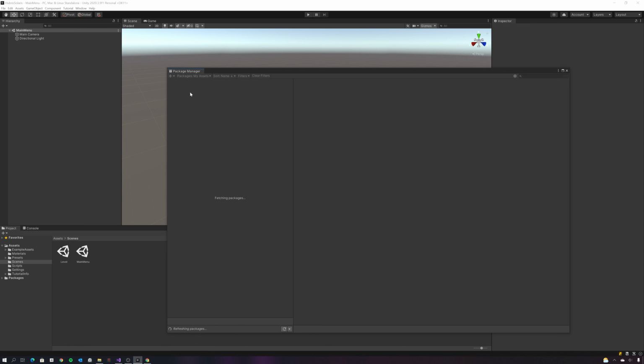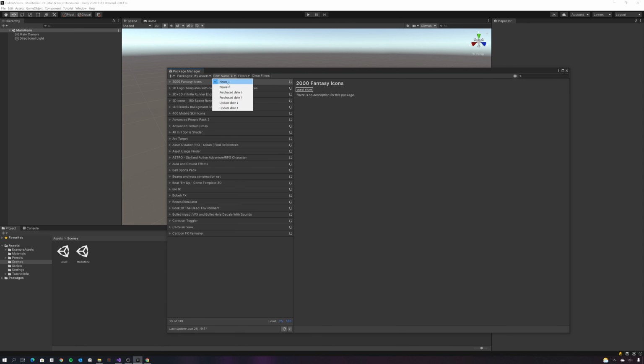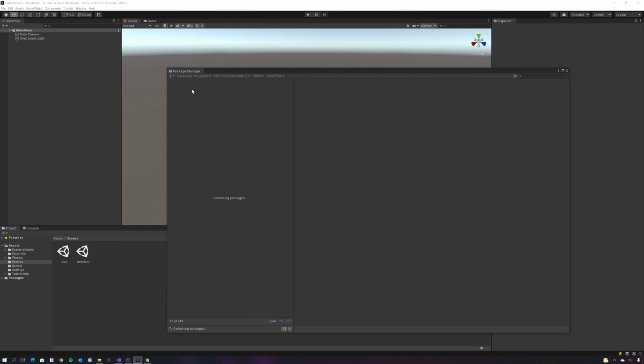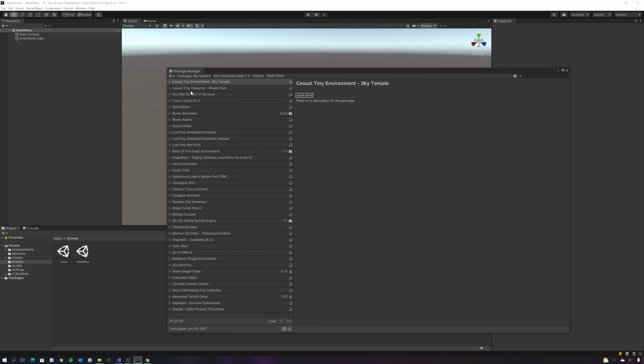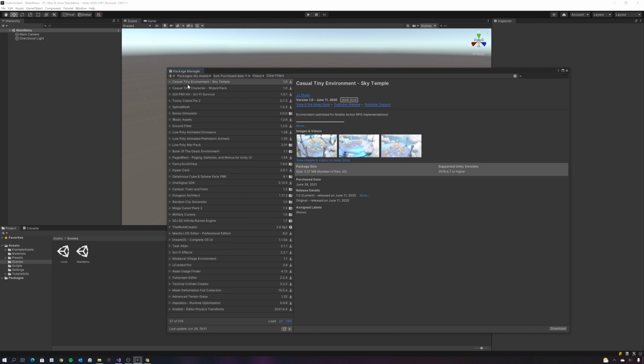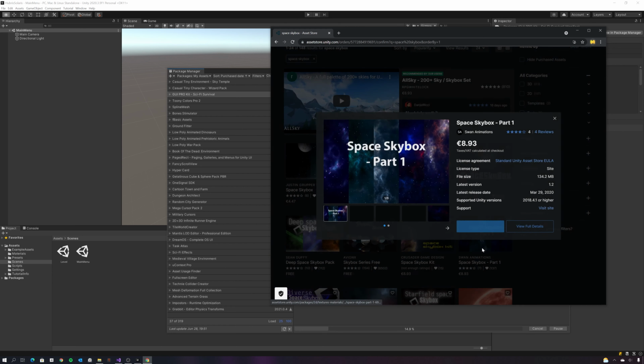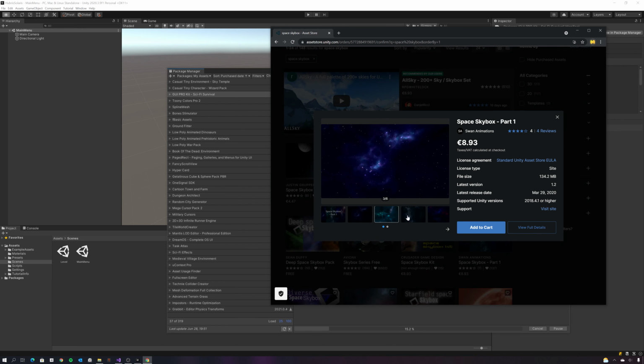The first one being this GUI Pro Kit Sci-Fi Survival. It's a really fantastic GUI asset and it's perfect for the game I'm going to be making, so I'm going to download that. I'm also going to go and have a look at some environmental stuff,